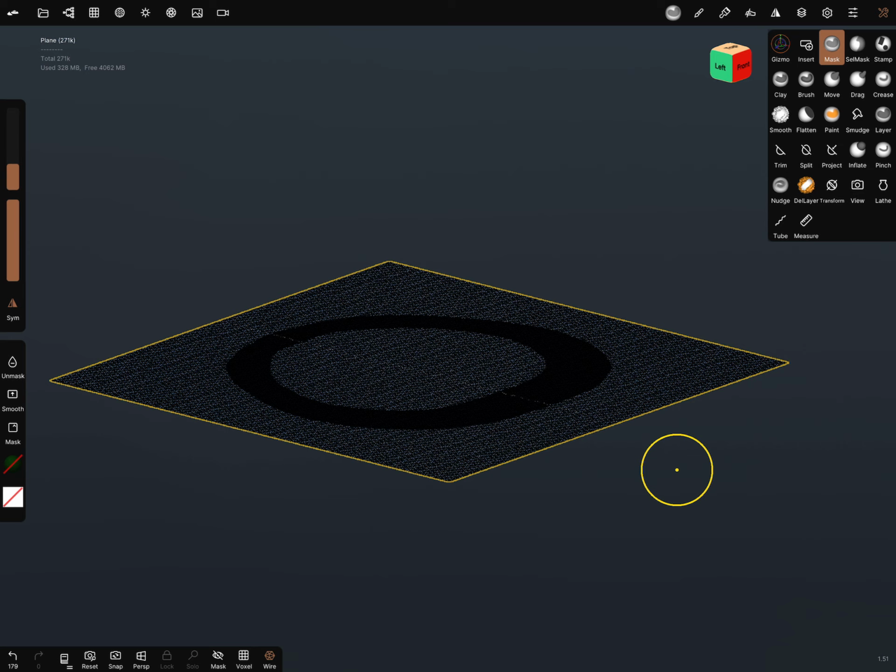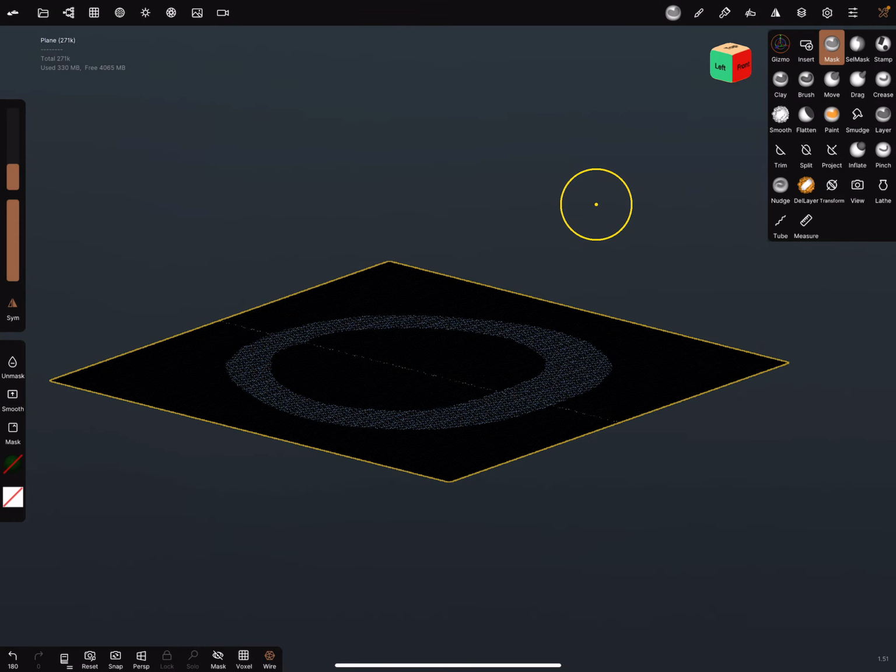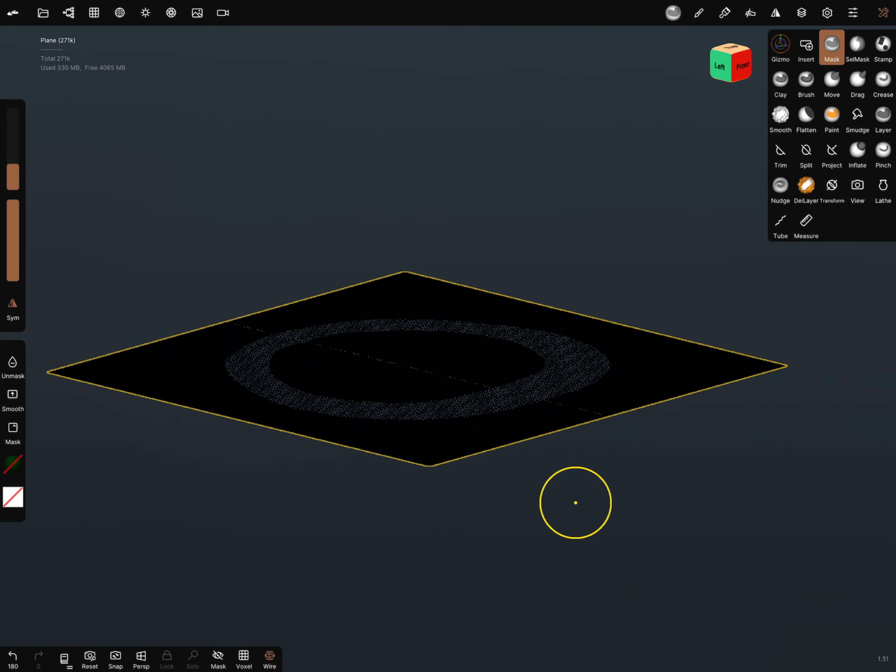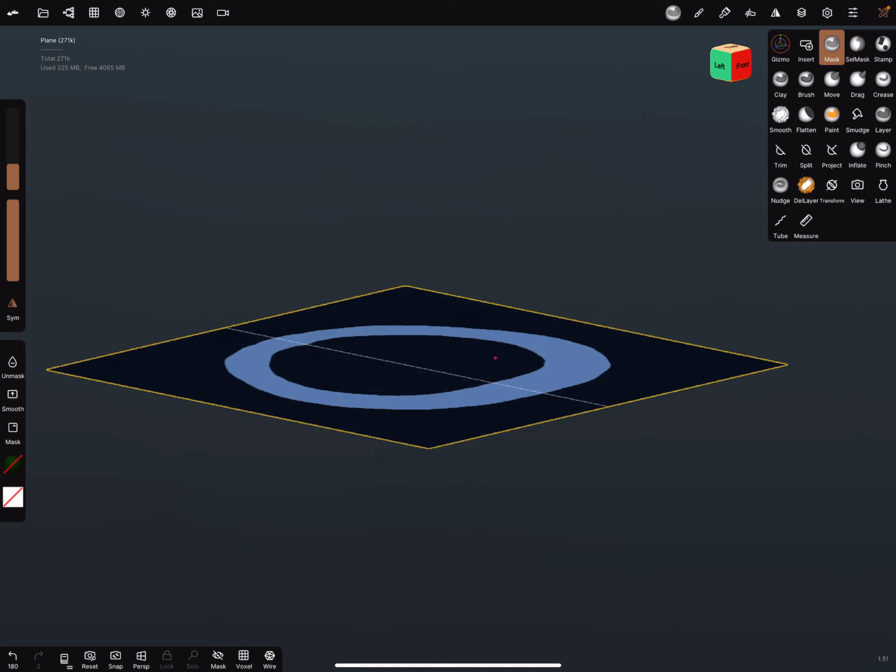And in the mask, there are a few shortcuts. On the left side of the screen, there's a mask button. You can press it, but you can also hold it. Also press the finger on the mask and tap on the screen. Then the mask inverts. I make the wireframe off,